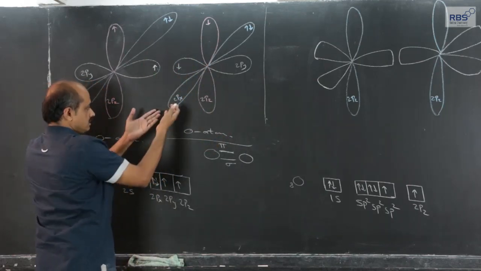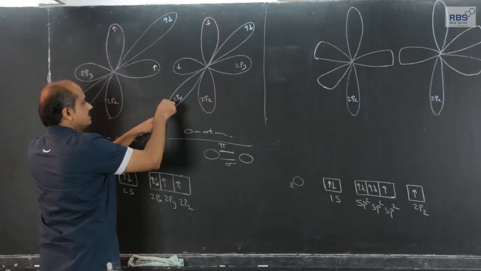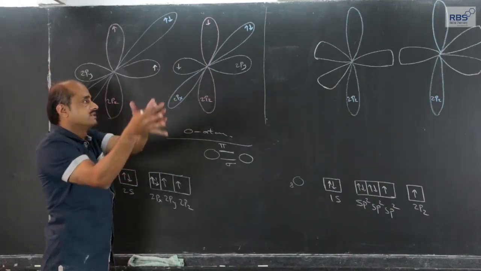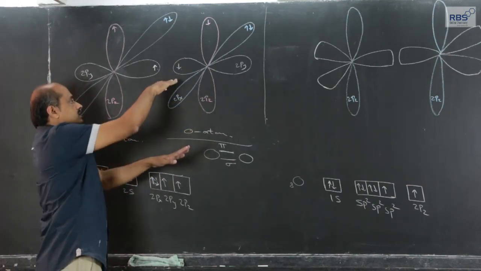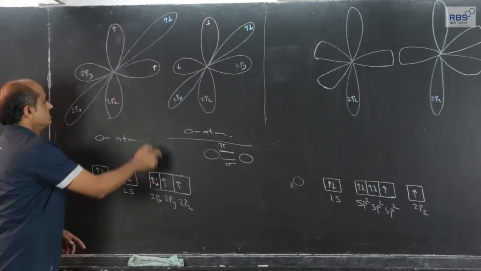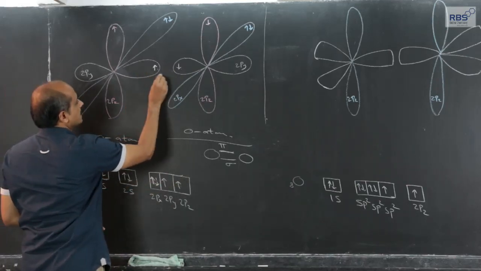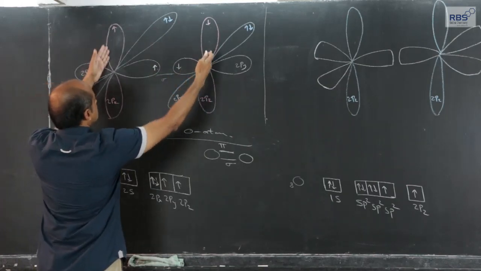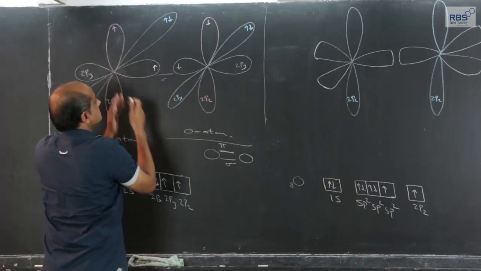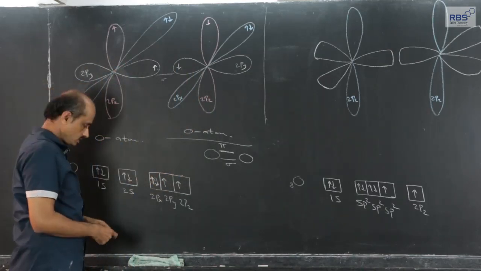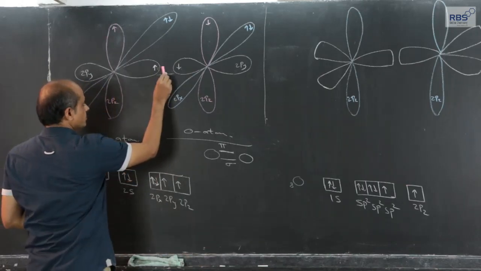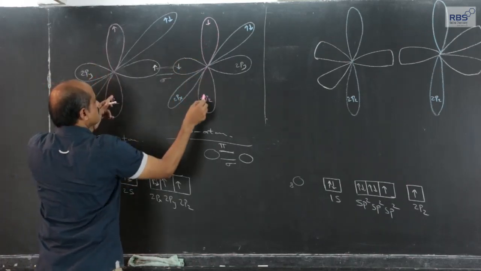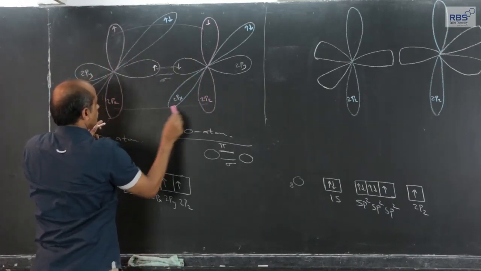For the sake of showing on the blackboard, I have written it in this fashion, blue colored. Px, actually, is in this form, one lobe on our side and another lobe of px on the opposite side of the blackboard. So, when py overlaps, they will form a sigma bond. Then these two pz will overlap, they will form a pi bond. When these two overlap with opposite spins, they will form a sigma bond. Simultaneously, these two p orbitals will overlap to form a pi bond.